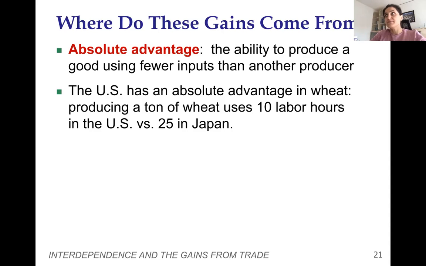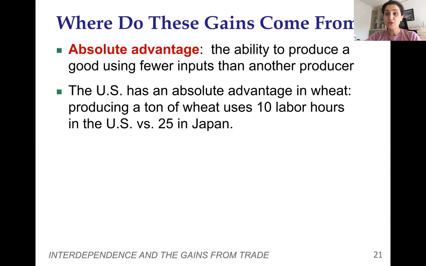Saying cheaper is maybe wrong, because we don't know the wage that's given to the workers. So let's talk in terms of resources. How many labor hours are needed to produce one computer in the US? 100 hours are needed to produce one computer. How many hours are needed to produce one computer in Japan? 125. Again, fewer resources, which is labor hours, are needed to produce a computer in the US.